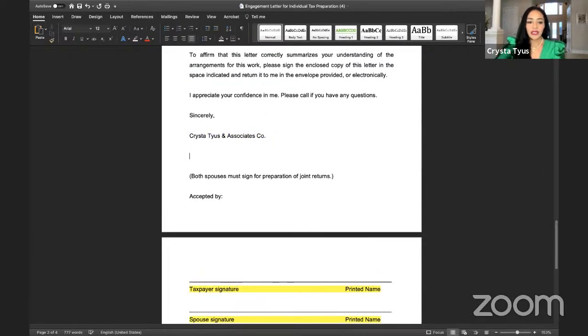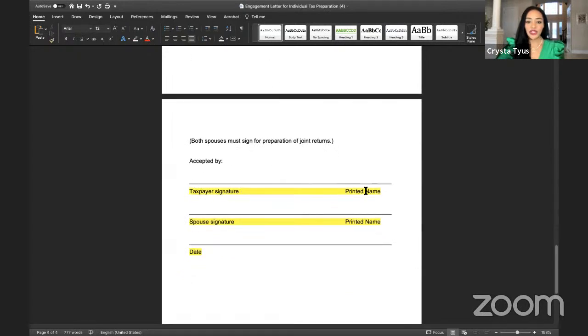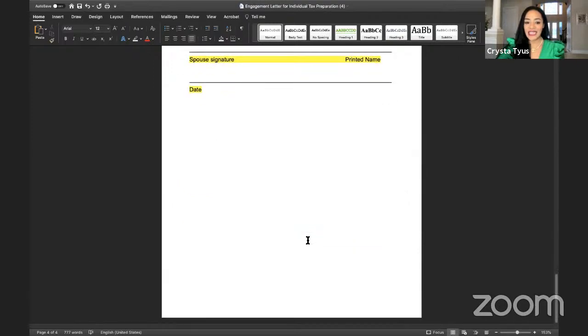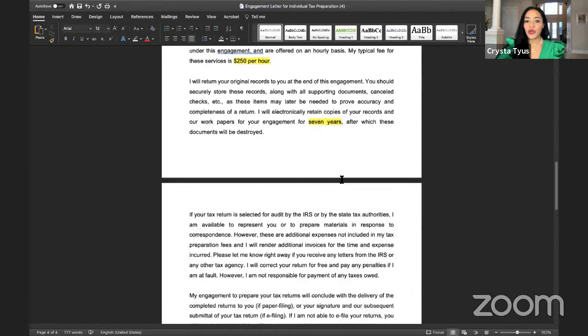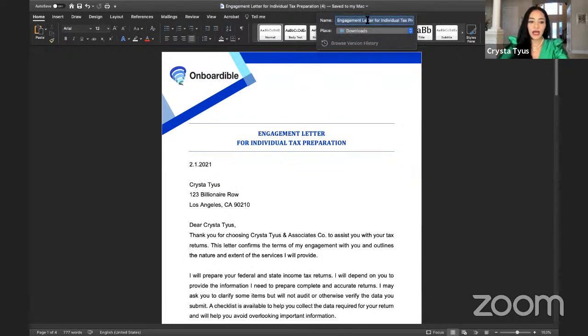And then we are going to say accepted by taxpayer signature, their printed name, their spouse's signature if they're married, and then the date. Now, here's what you want to do. And we use Onboardable to get over our engagement letter. So I'm going to save this, and I'm actually going to save it as my Krista Tyus engagement letter